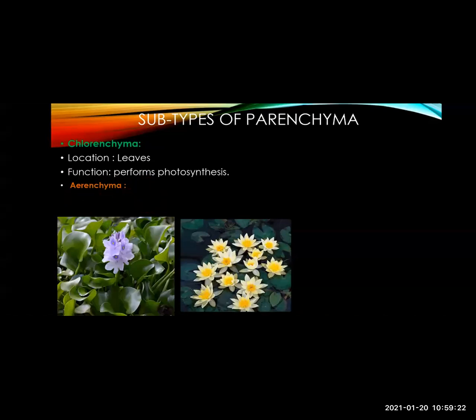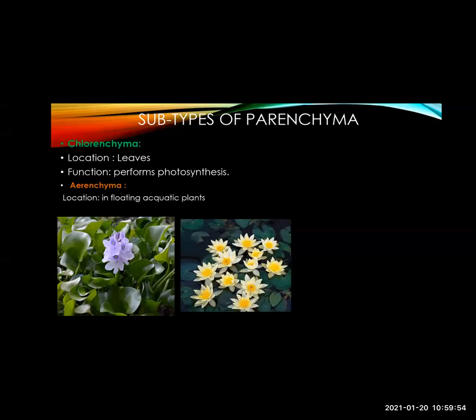As the name suggests, aerenchyma. That means these parenchyma cells are modified for storage of air. Now, why do plants need to store the air? Yes, the aquatic plants which float on water, or even under the water, need buoyancy for the purpose of floating. This buoyancy is provided with the help of parenchyma cells.